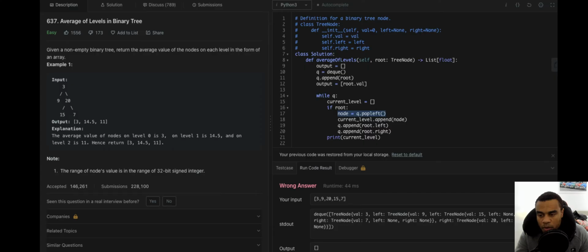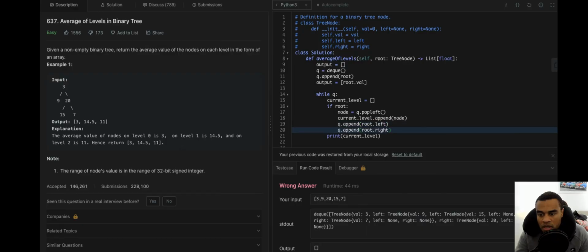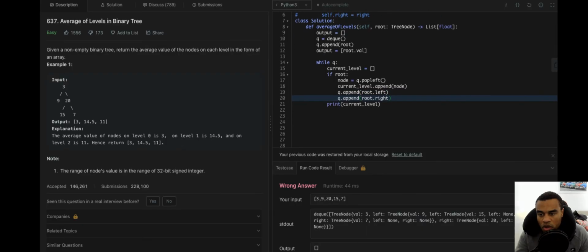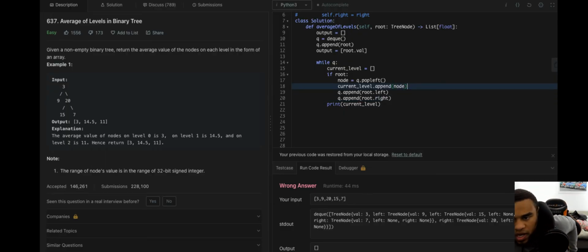We have node equals pop left, then current level.append node, q.append left, q.append right. But if it's null though, would we also have to check if node equals q.pop left?